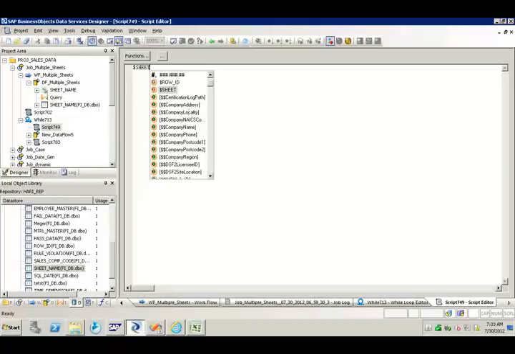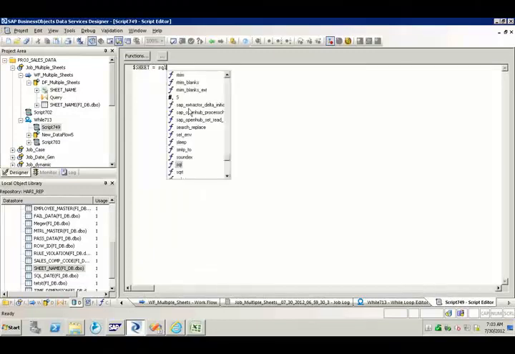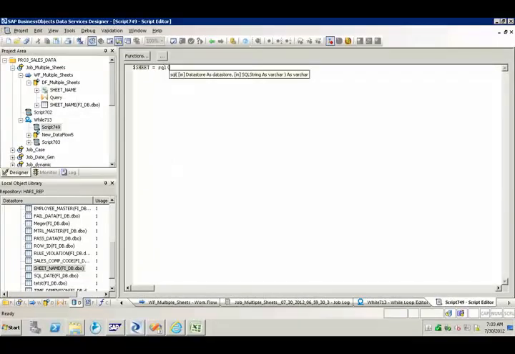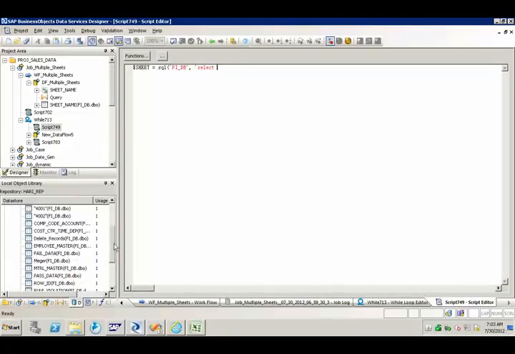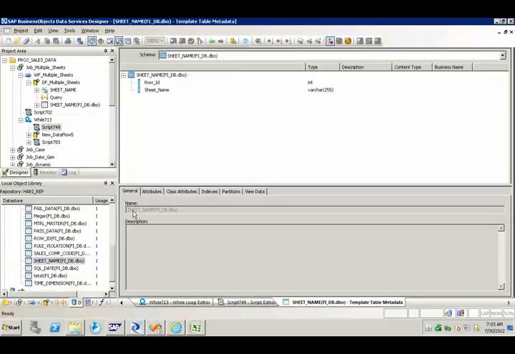$sheet is equal to SQL. So what is the data store name? fi_db, comma, select. What do we need to select? Which column from this?